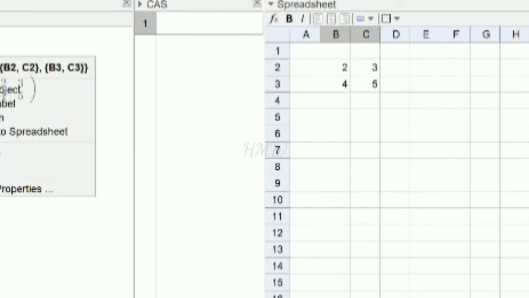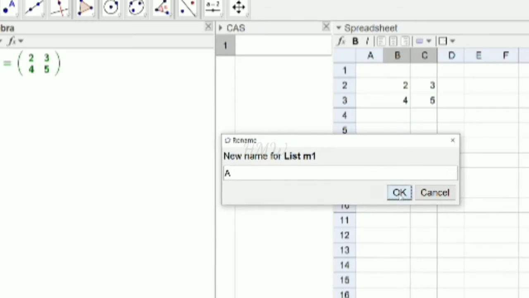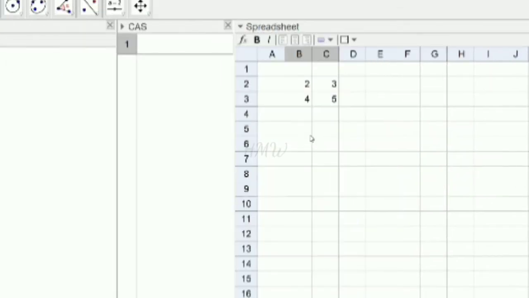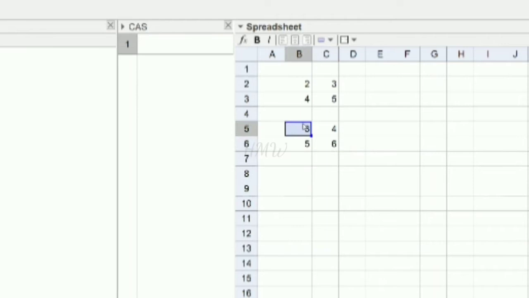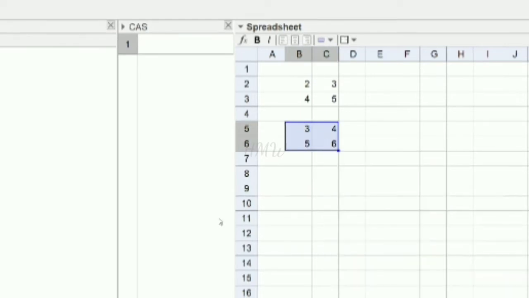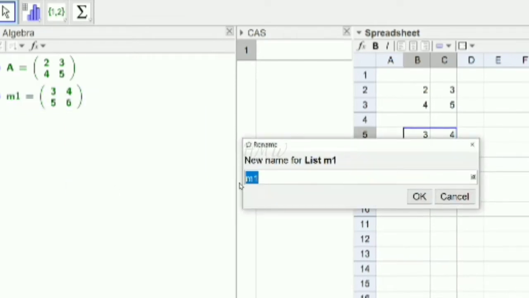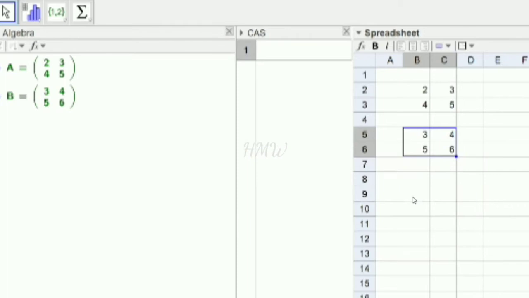Rename it as matrix A. Take another matrix, 5, 6. Just select it, right click, create matrix. Now change the name of the matrix, matrix B. These are the two matrices.